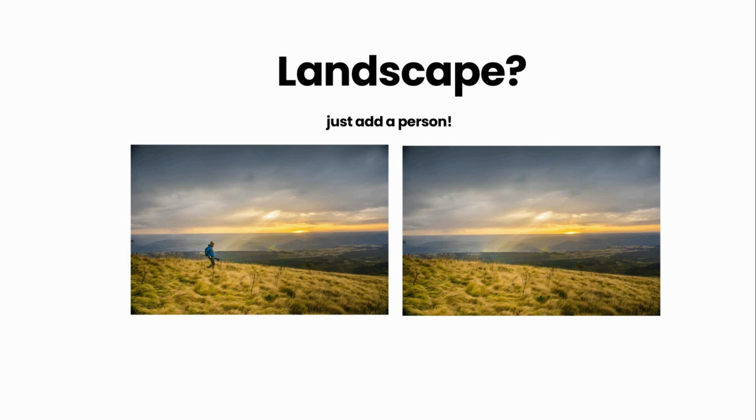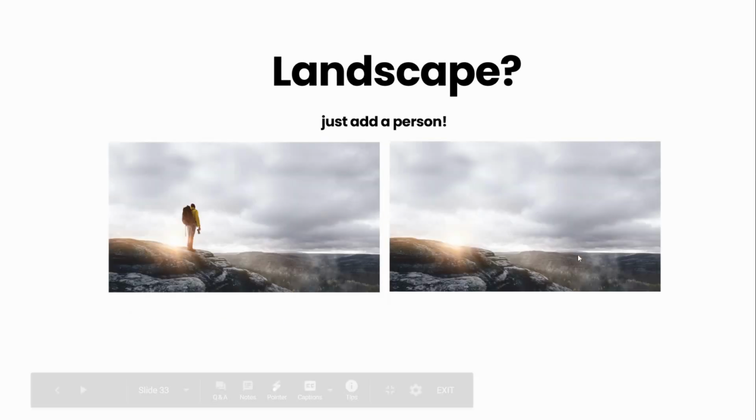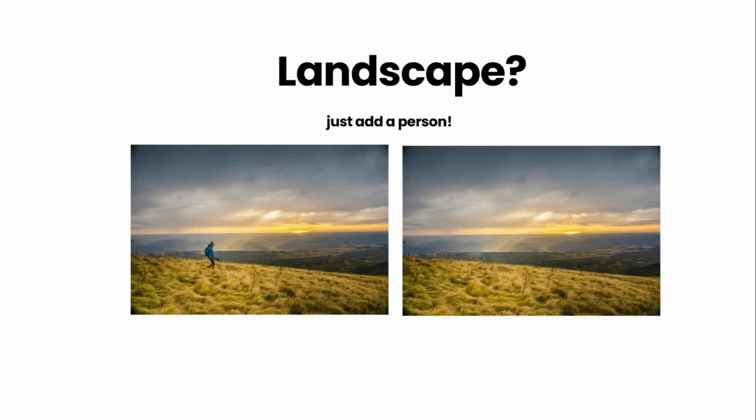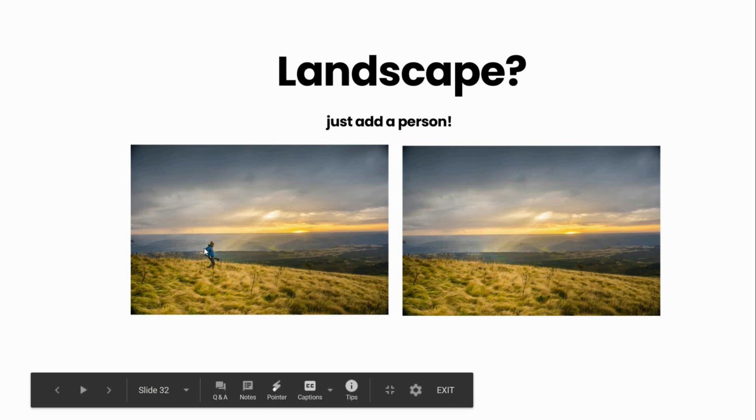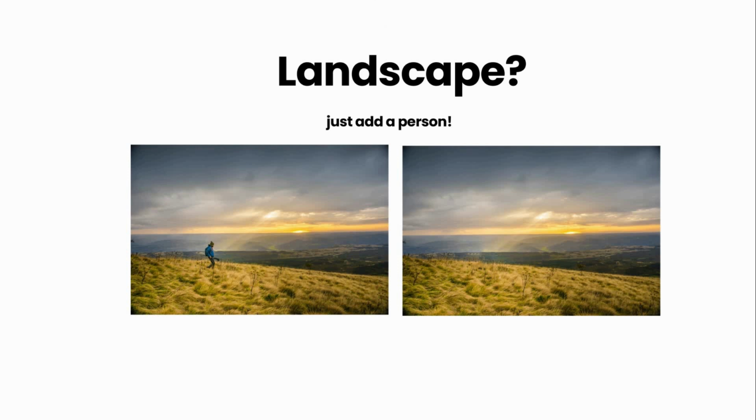So the last and important one is landscapes. Are you trying to capture a nice landscape? Then mostly if your picture style is not so cool, the image may look too pale or plain. See, this is a general landscape and here also it's a general landscape. So here what generally photographers will do is ask your friend to just be in the frame like this, or keep your car or vehicle in the frame, or keep your glass of tea in the frame. It just adds beauty. This is a simple trick to add beauty to your landscape.